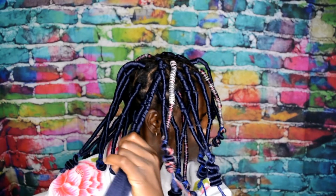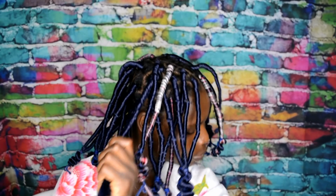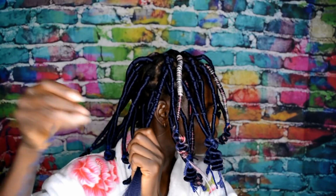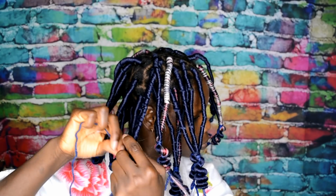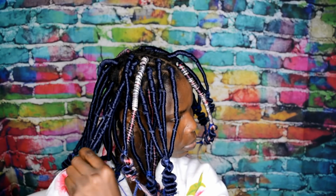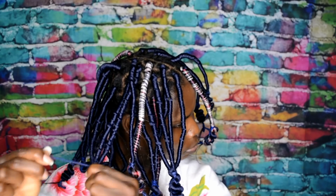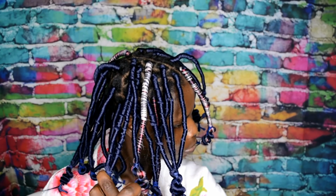So to coil the hair, I'm starting by combing it to make sure it's tangle free, and after that I'm going to grab a piece of yarn and just wrap it around where my hair stopped. I don't want my hair to get into the hot water. I'm just gonna wrap it in that same spot for three times, and then after that I'm gonna go ahead and wrap the